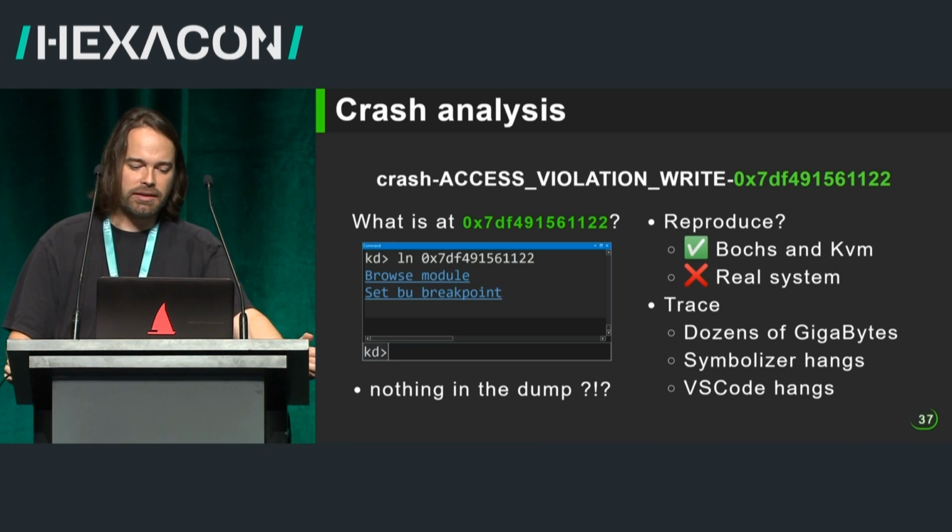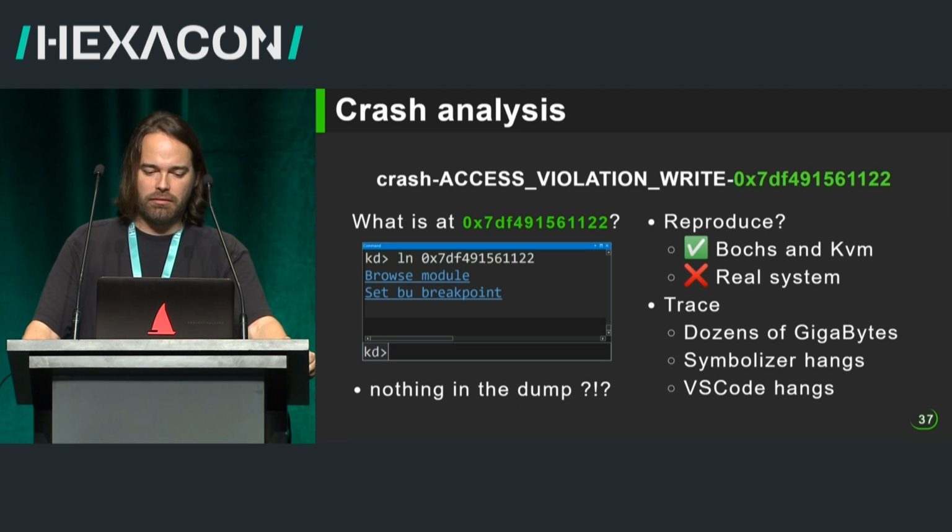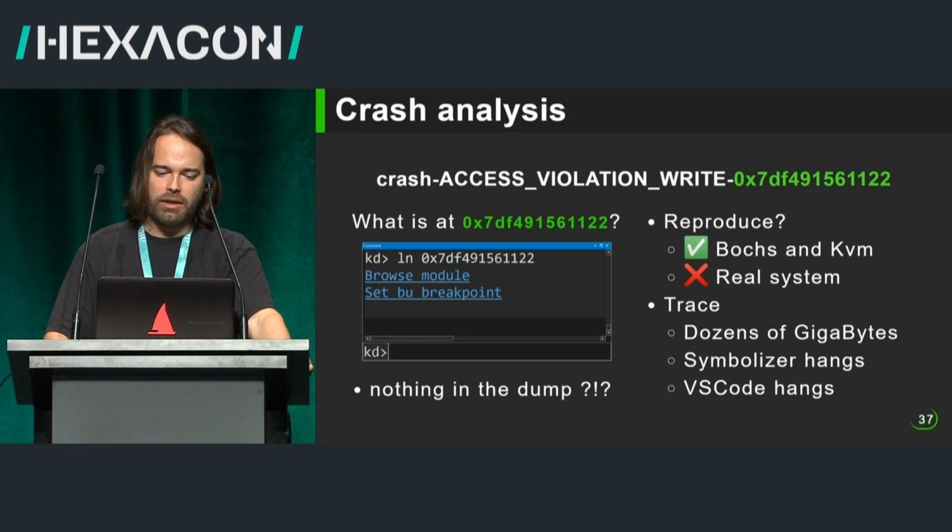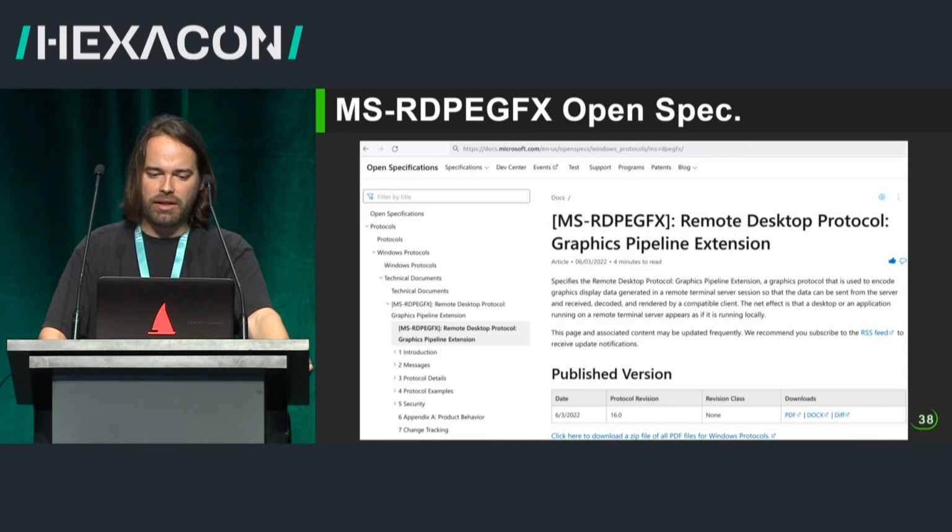And in order to analyze it, we tried to generate a trace, but the trace was huge. I mean, I think it was like 60 gigabytes just for the RIPs. So we could not symbolize it. We could not load it in an editor. We tried some grep magic to reduce it, but it didn't work. So at long last,